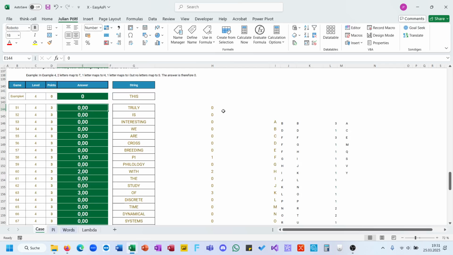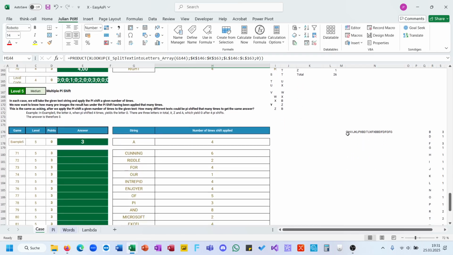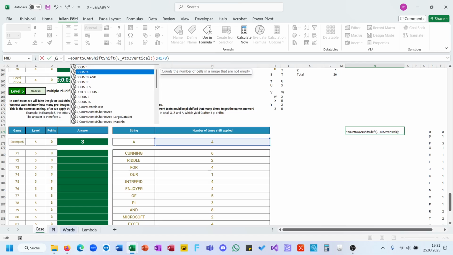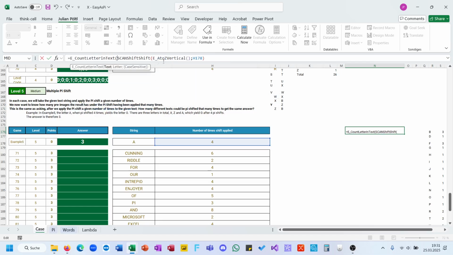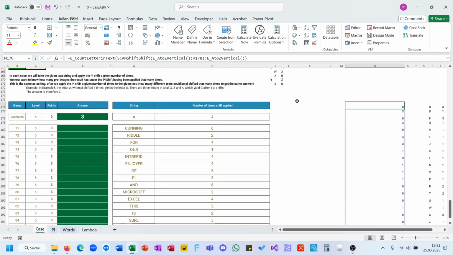Okay, so this is basically then this. Okay. Count letter in text. I don't know if this will work. Oh, it has worked too. And then